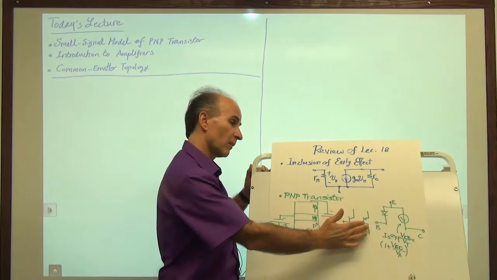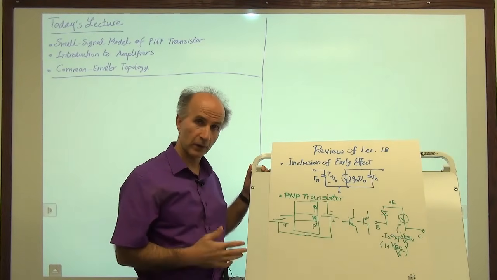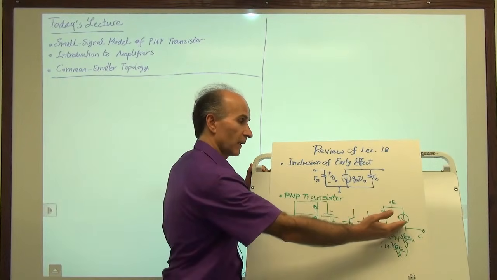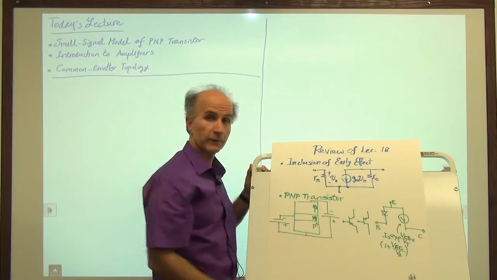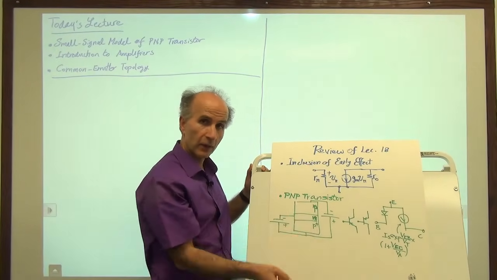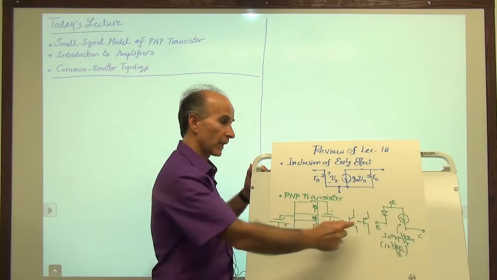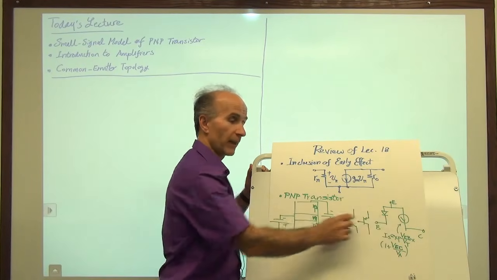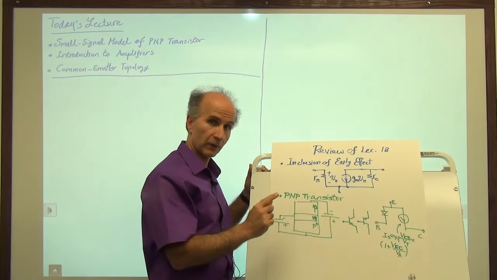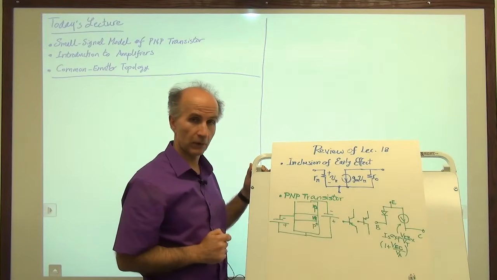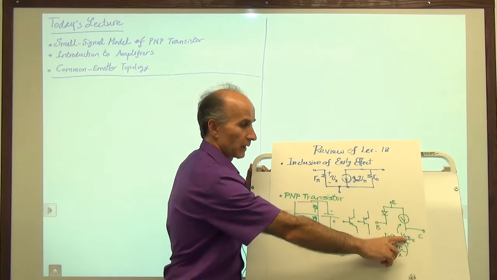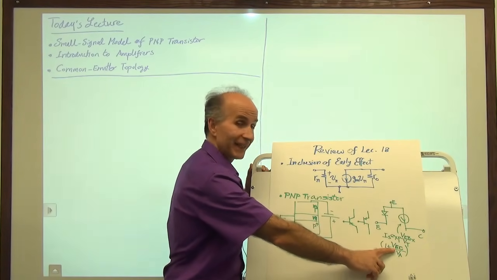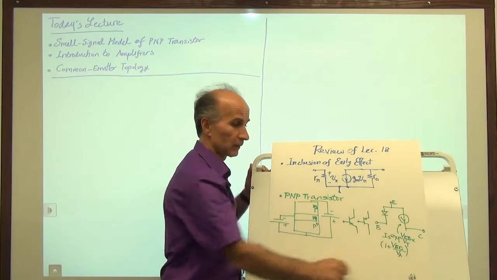So we saw that the large signal model of the PNP transistor is very similar to that of the NPN transistor. And when we draw it out, it looks like this, again with the emitter on top. If we don't like it, we can always flip it over so that the emitter is on the bottom. We need a diode between base and emitter to account for the base current, and then we have a voltage-dependent current source between collector and emitter to account for the exponential behavior. And these voltages have to be carefully placed here. This would be VEB, not BE, and this would be VEC, not CE, if we want to include the early